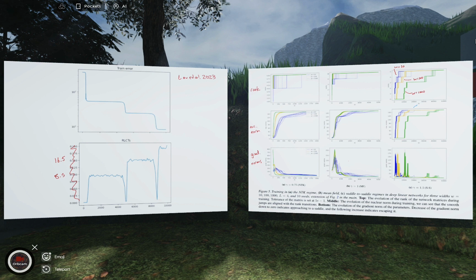In any case, you see these very clear jumps, just like you would expect. And something to notice here, I've actually clipped the RLCTs to be positive. So, right, I should write, it's not very clear. This is lambda hat, right? And so in this estimation technique, you can get negative values of lambda hat.